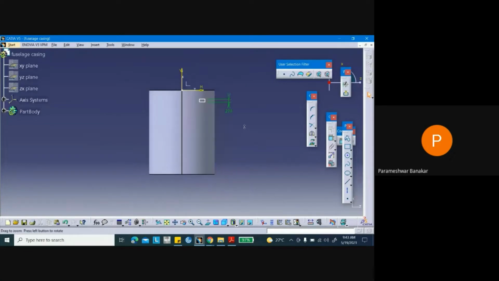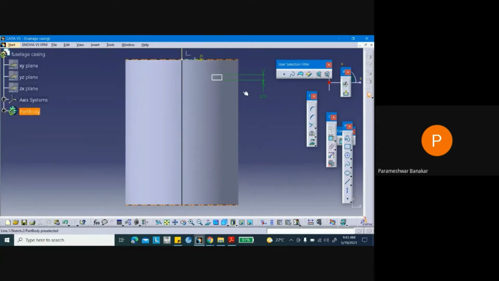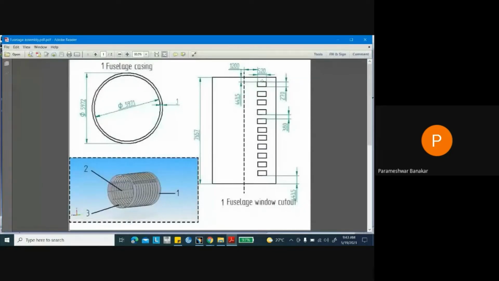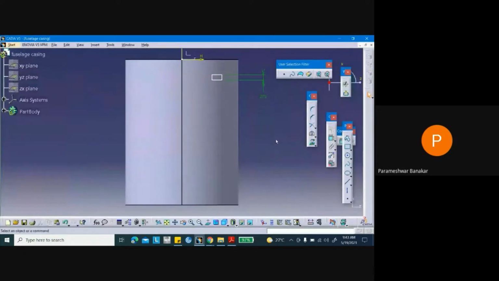Okay. So now we have created this window, and now this is located at a distance of 1200 mm from the central axis and 443.5 mm from this top end. So that I will do now.